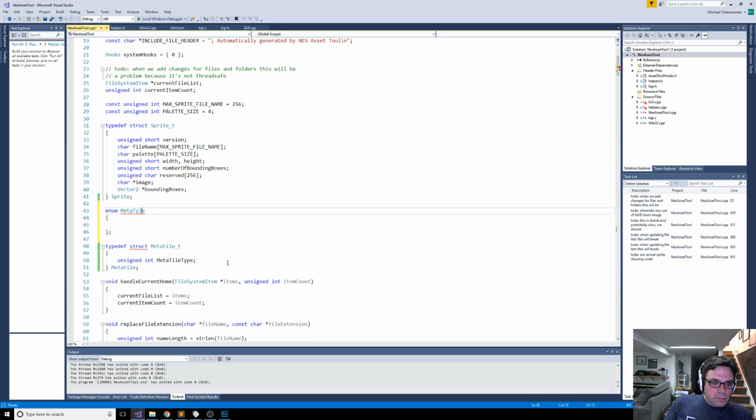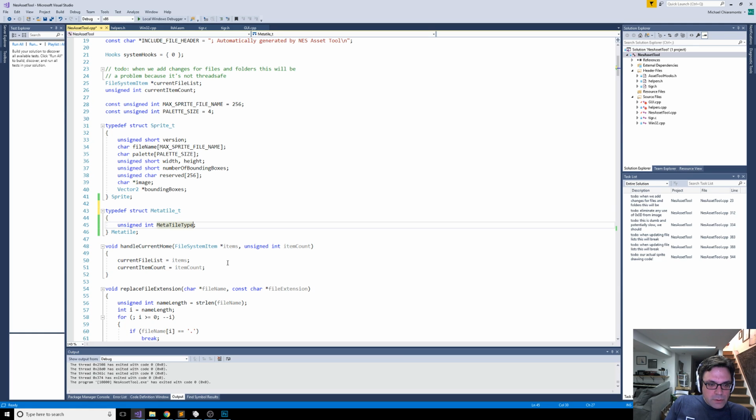We can't call it... why am I using a Y? Metatile type. Nah, it's not a good name for it. What do I want to do here, besides just have something that differentiates it? Maybe call it metatile version. Okay. Alright, so